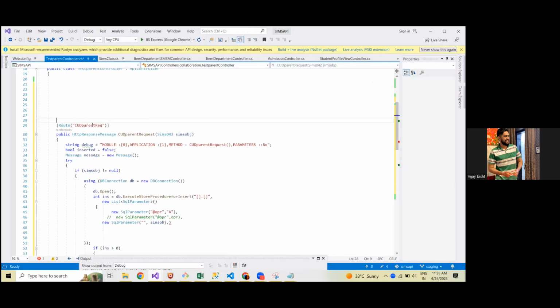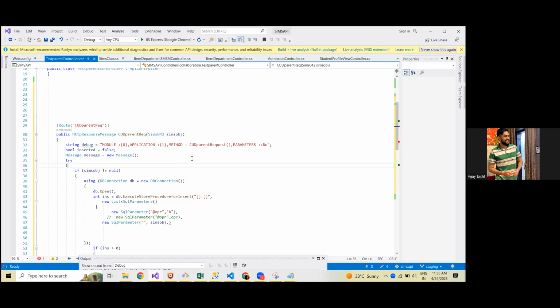Okay. This same name that we have put here, we have to put here also, in the HTTP response message. And one more thing, no need to type all this. You can copy this syntax from another API and edit it. I am doing the same thing. So once I have put this route name here,